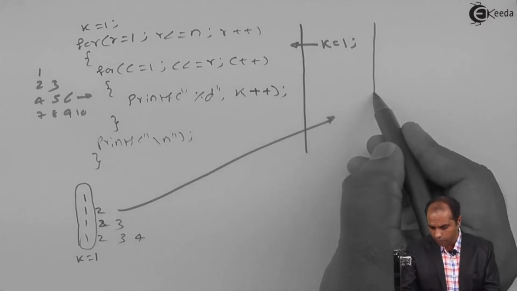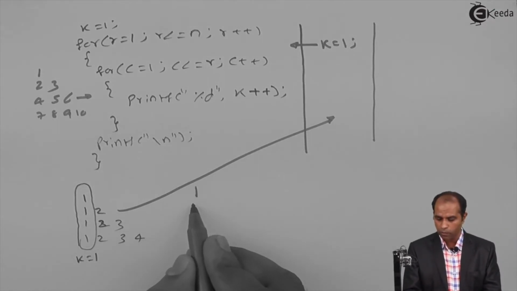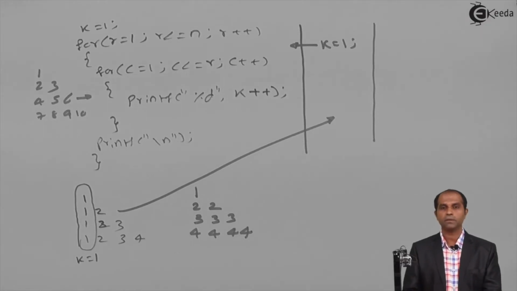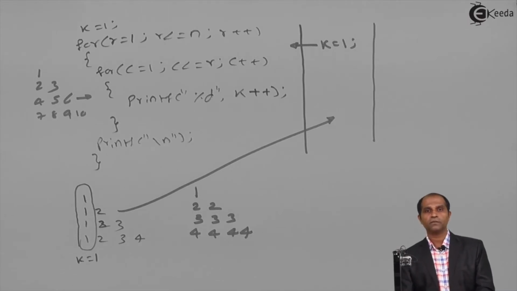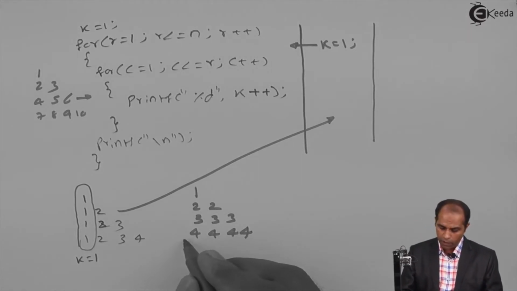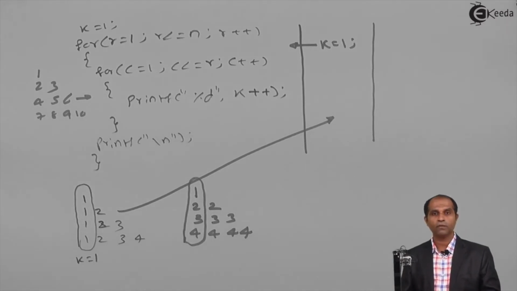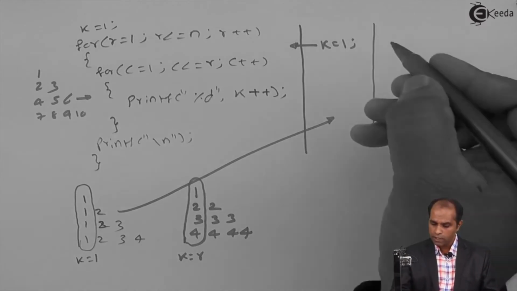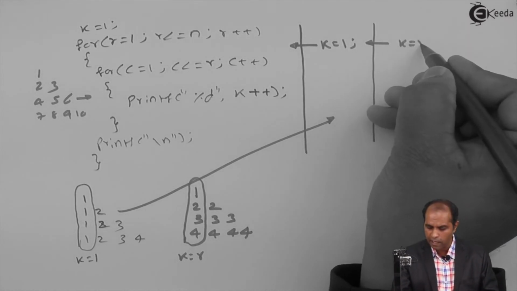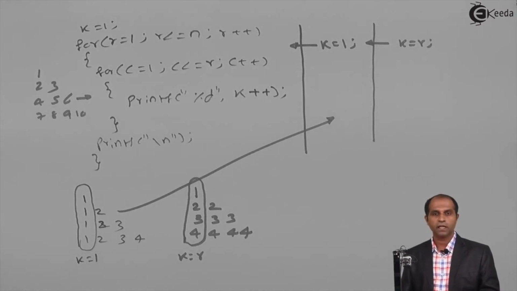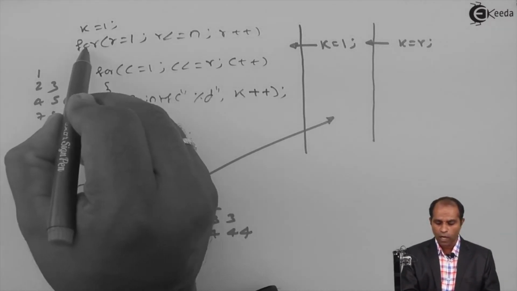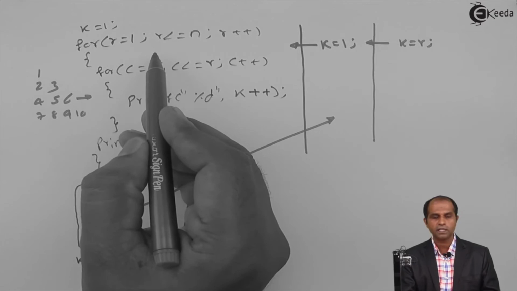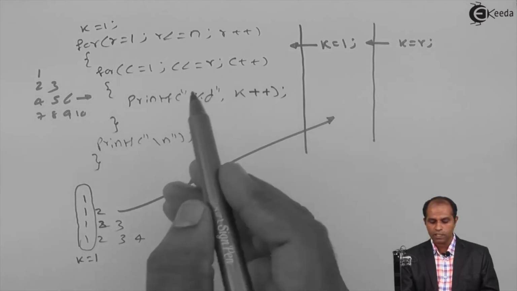Now suppose I say that I'm supposed to generate this particular pattern, 1, 2 2, 3 3 3, 4 4 4 4, using this k concept. How do I try this k concept on this pattern? Now what I'll do is observe this particular column. What is the value of the column? So k is going to be set to r. So at this place, set the value of k as r. So the same loop will work for r equals 1. Here k will not be there. r equals 1, r less than or equal to n, r plus plus. Set the value of k as r. c equals 1, c less than or equal to r, c plus plus.